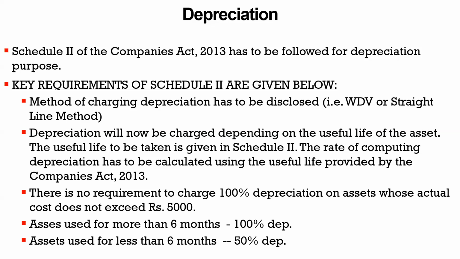It specifies the category of the assets. Which assets will come under which category, and for each category it gives you the useful life of the assets. Suppose for motor car, it is 5 years. We are also using 5 years. According to useful life and residual value, we have to calculate the rate. If we apply that rate as WDV each year, at the end of the useful life it will leave you with the residual value.